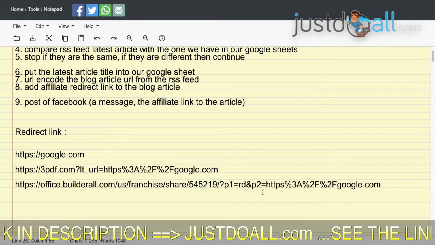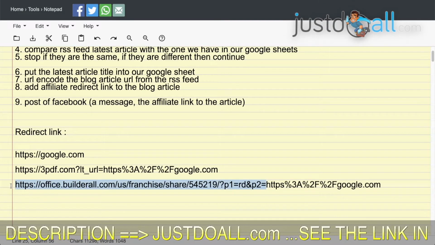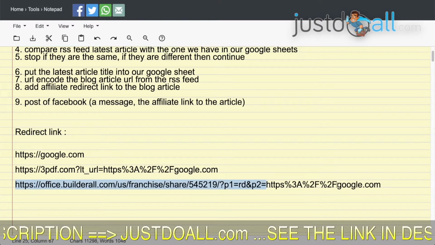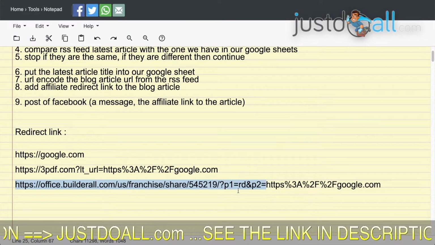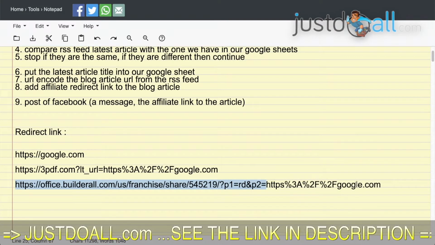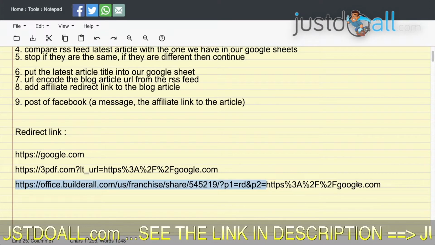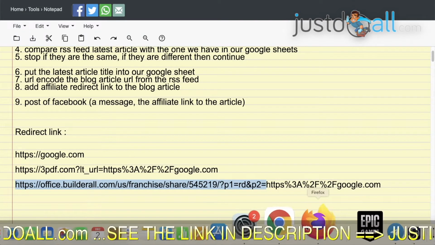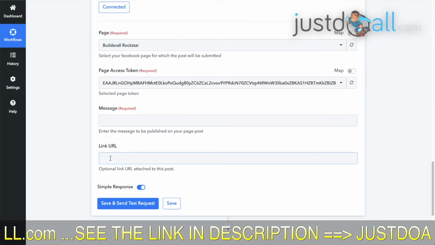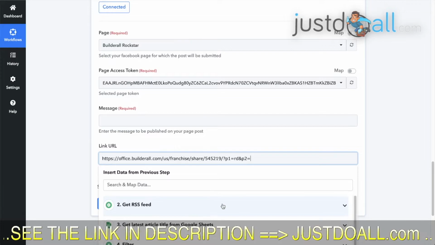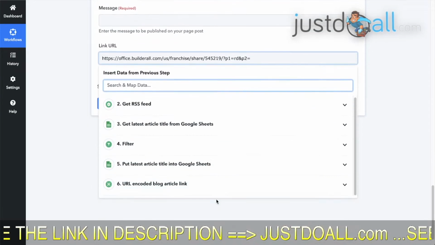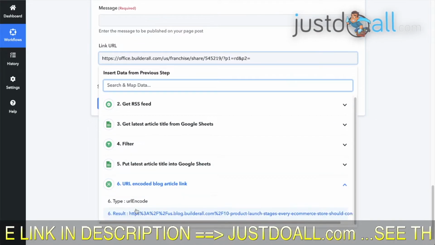So all we need is everything up until HTTP, because this will be what we need to have in front of our URL encoded blog article link. So we go back here and in link URL we write this, and then in the list we get the URL encoded blog article, the result.